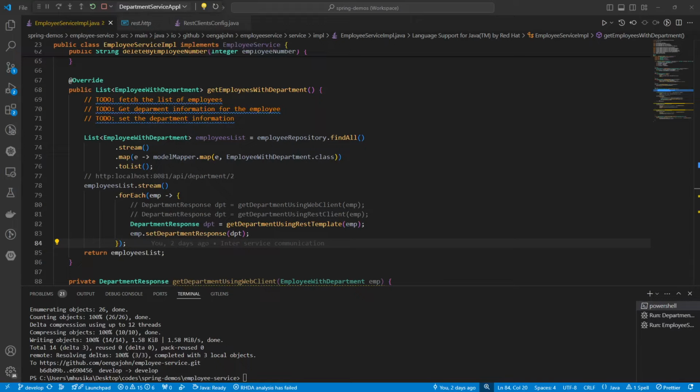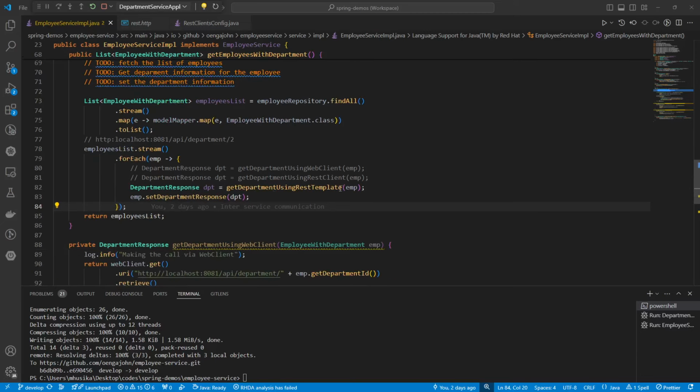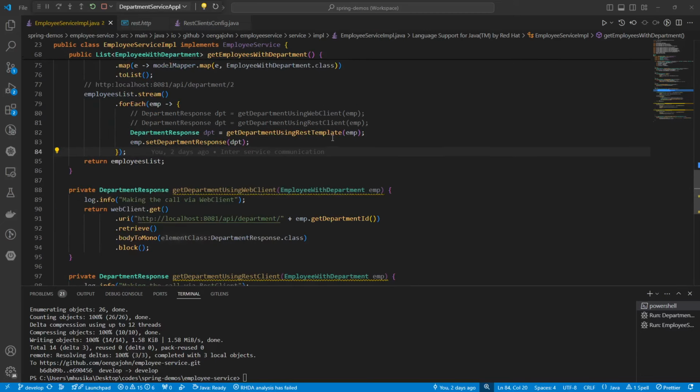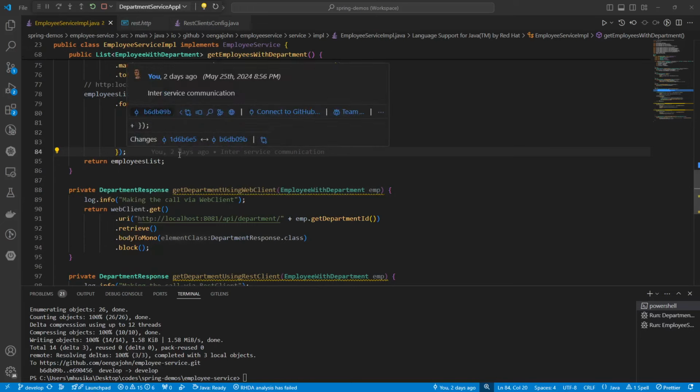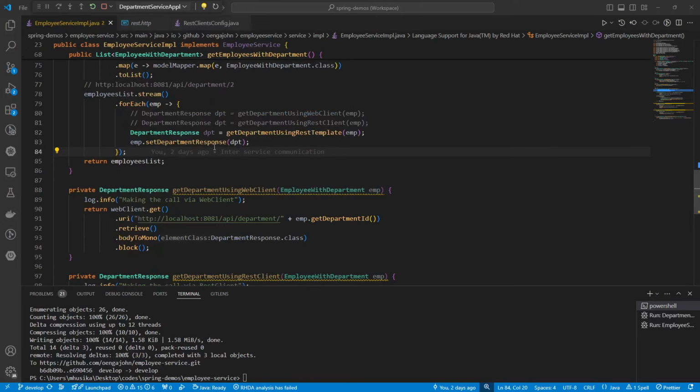We'll be talking about optimizing our REST call to our external service, which in this case is the employee service. Now, from our previous sessions, we have been making a call for each particular employee to get the department information. So what you're going to make use of is a method of